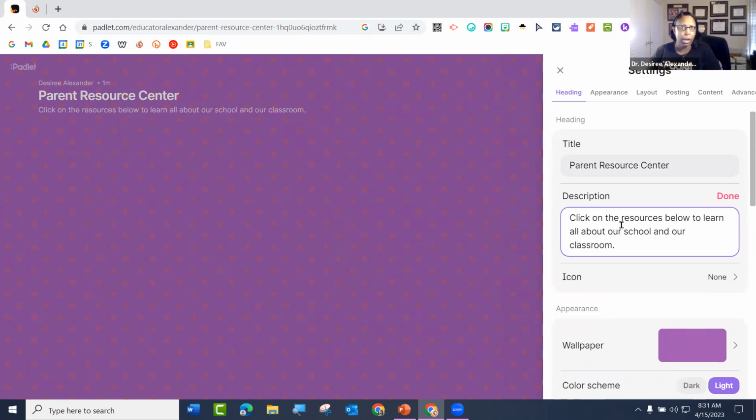This is where you're going to put the directions, what to do, why this Padlet exists, all of that kind of stuff. You cannot put space. If I come here, I can't click enter and go to the next line. Everything's going to be in a paragraph. So just keep that in mind.